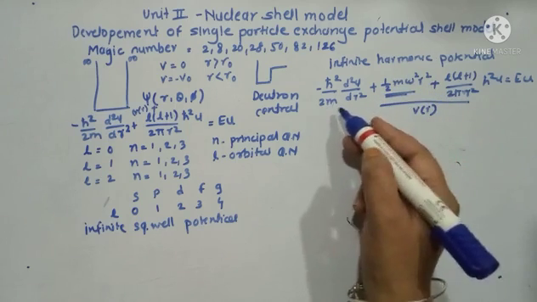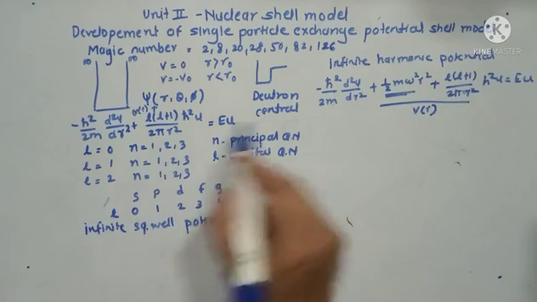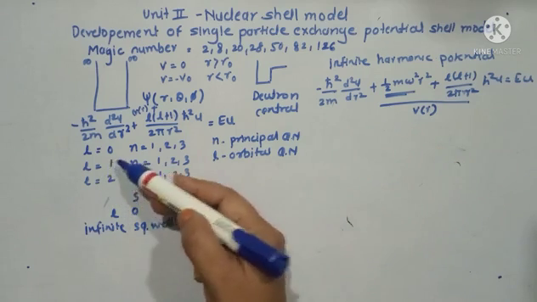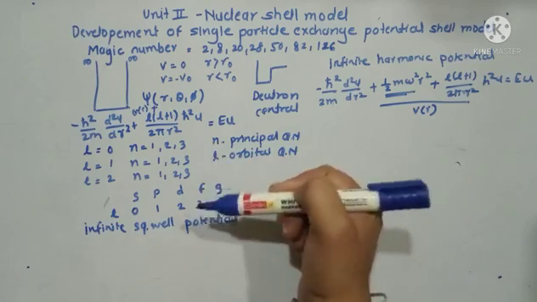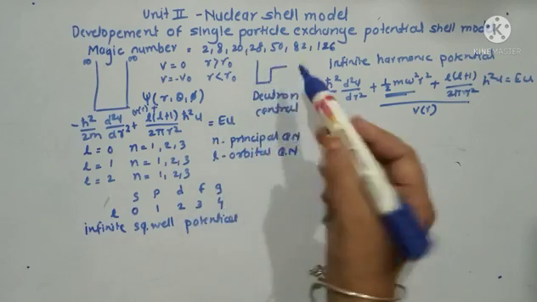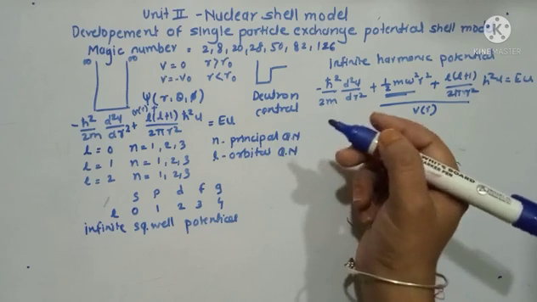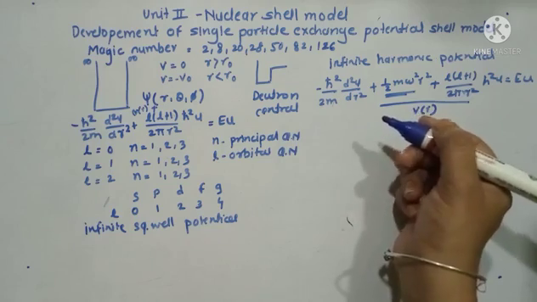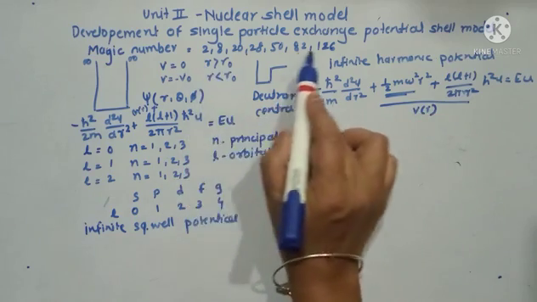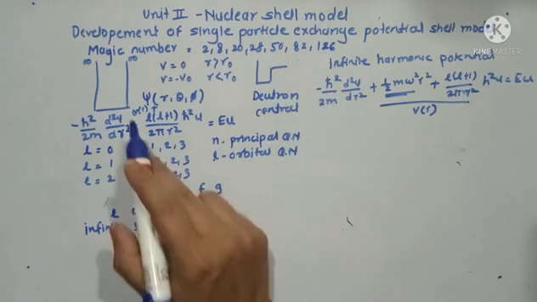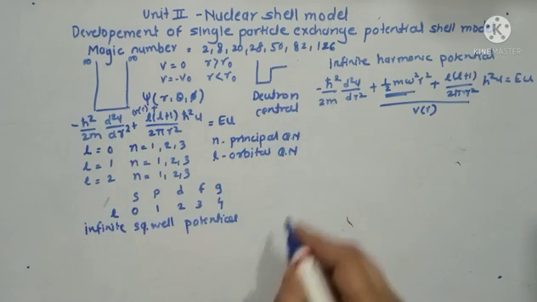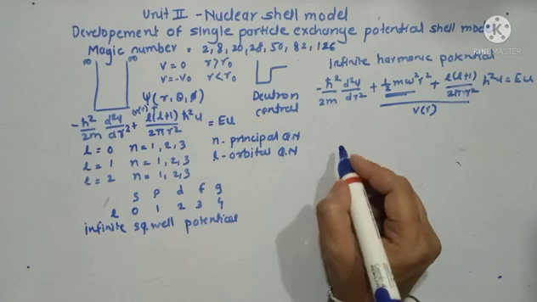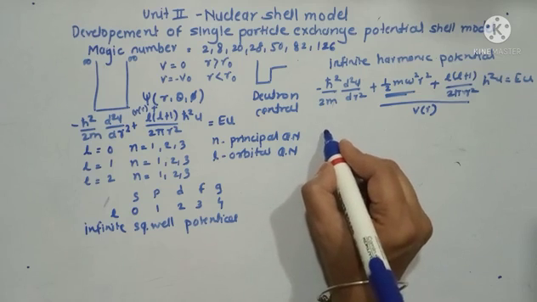As Schrödinger's time-independent equation changes, the solutions change, and the values of n and l will change, and along with that the magic numbers will change. So the scientists kept experimenting with different potential values until they found all these magic numbers. For this they came to know, or they thought, that the infinite square well potential is not a good idea,